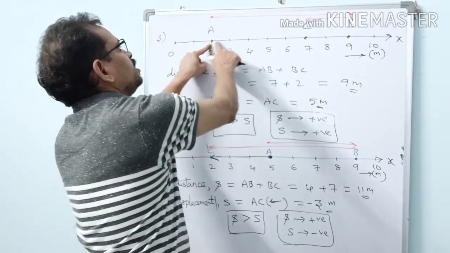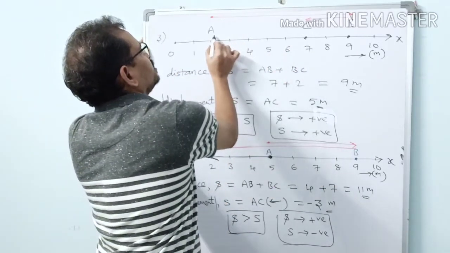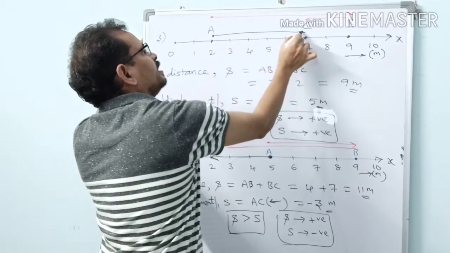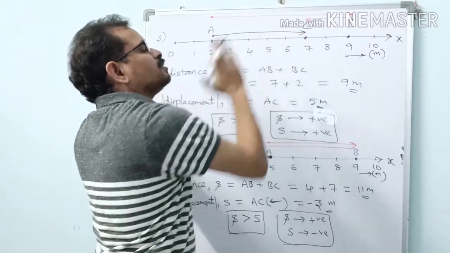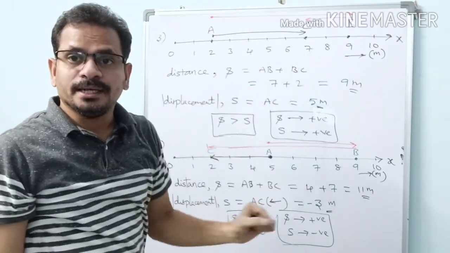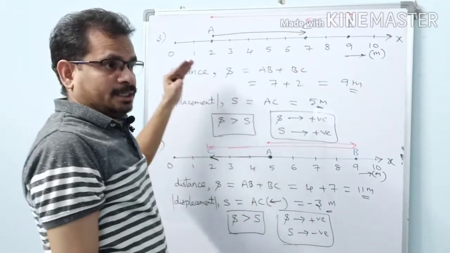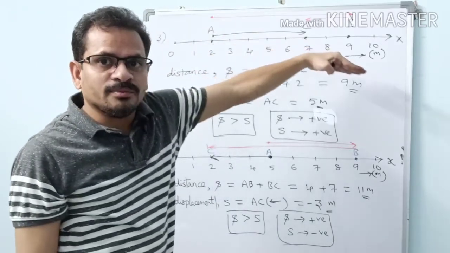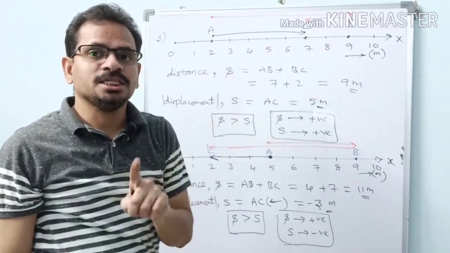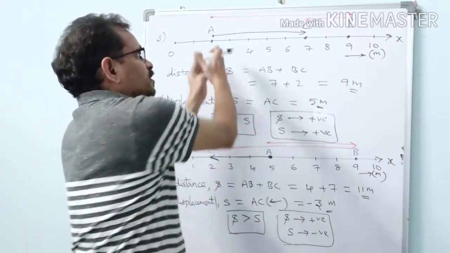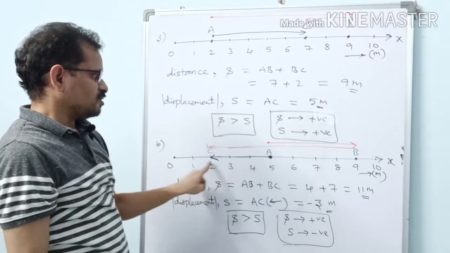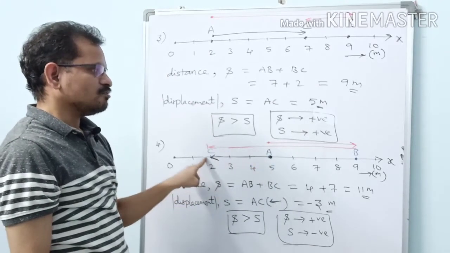See here, A to C. What is the displacement here? How to draw? You should draw a line starting from A and end the line at C, in this direction. Direction is important here. The direction of the line is from A towards the final point, always towards the final point. See, here the arrow is rightwards. Here the arrow is leftwards, A to C, leftwards.